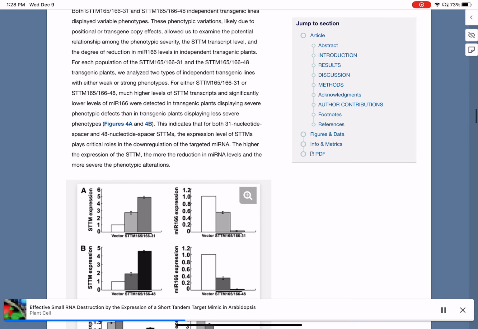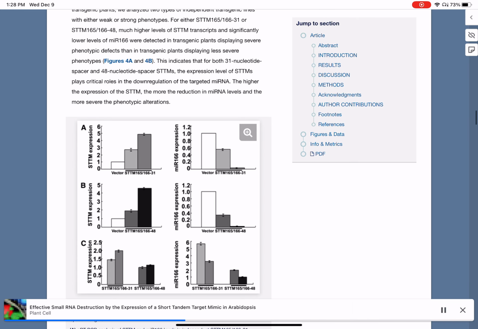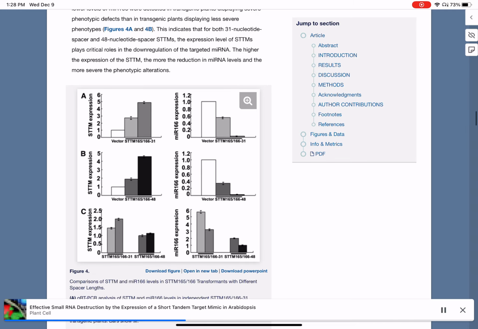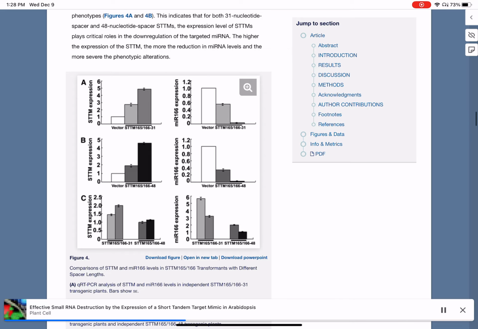Figures 4a and 4b. This indicates that for both 31 nucleotide spacer and 48 nucleotide spacer STTMs, the expression level of STTMs plays critical roles in the downregulation of the targeted mRNA. The higher the expression of the STTM, the more the reduction in mRNA levels and the more severe the phenotypic